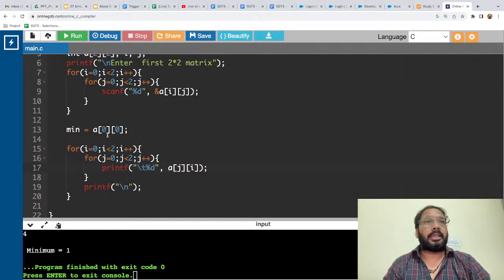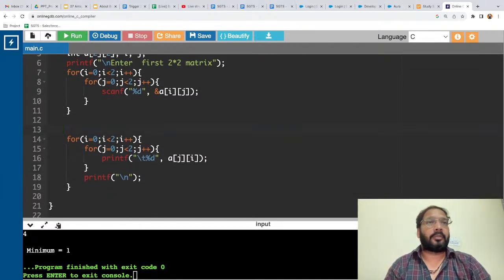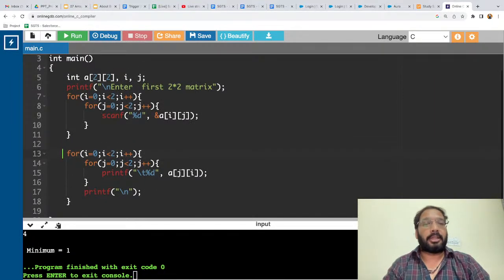So here you can see what I did. I just modified the code. Initially we are going to read the values from the user, and later on I'm trying to display the values in form of transpose, right? So if you see the code,